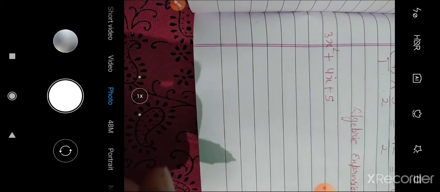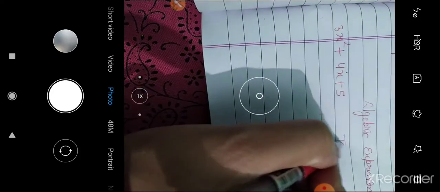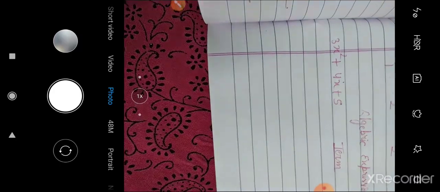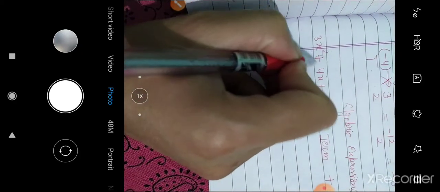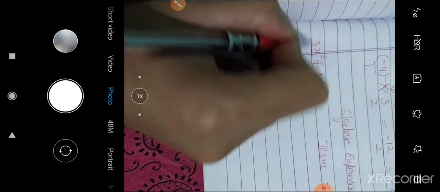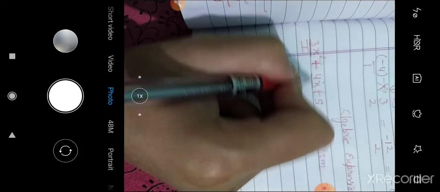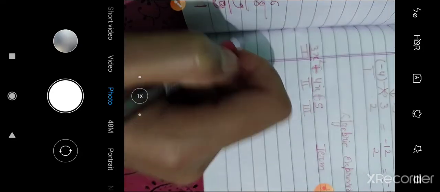Now move to the next question. Our next question is: which is greater in each of the following. We can solve question number 9 as we did question number 8. Both the questions are similar. Next question is: write the following rational numbers in ascending order, and the first part is minus 3 upon 5, minus 2 upon 5 and minus 1 upon 5.